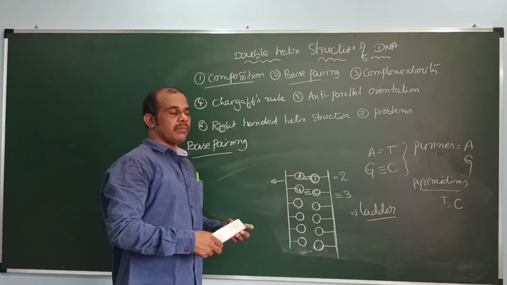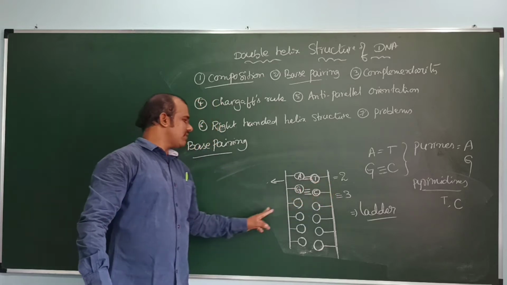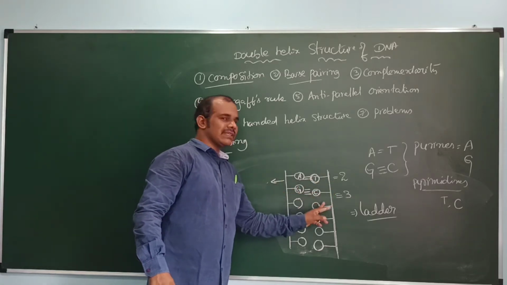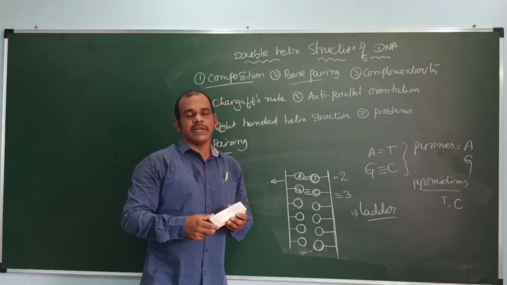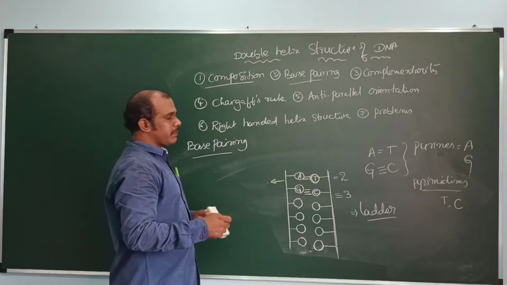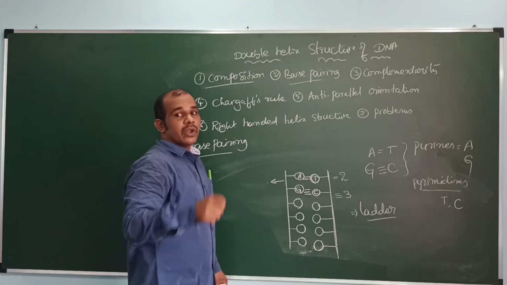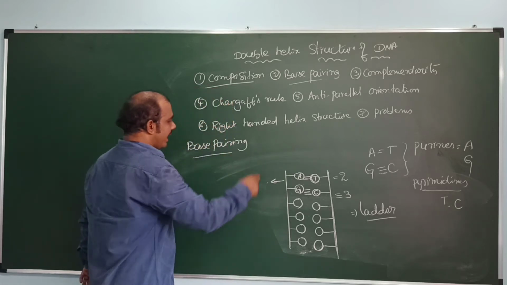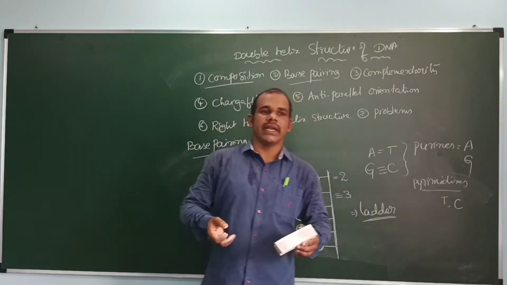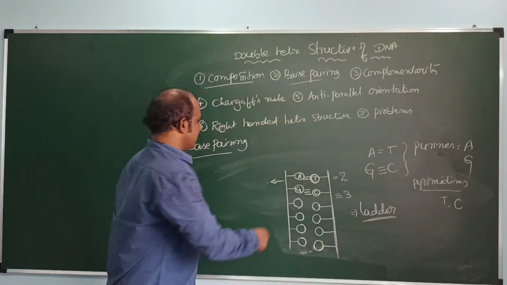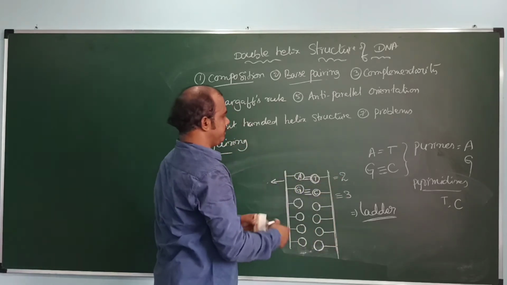So how are the base pairs formed? Adenine should pair with thymine only through two hydrogen bonds, as well as guanine should pair with cytosine only with three hydrogen bonds. Thus the nitrogen base pairing is formed. This nitrogen base pairing will connect the two polynucleotide chains to form double stranded DNA that looks like a ladder. These hydrogen bonds will give the DNA stability.